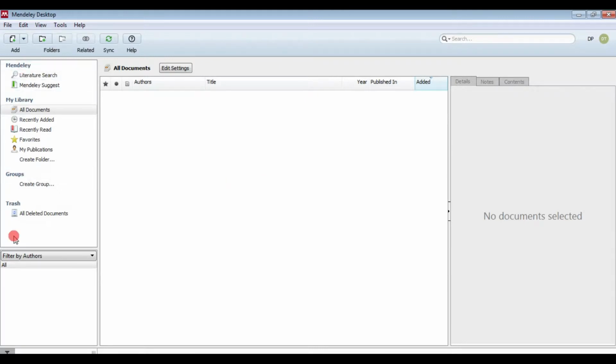So you can see there are three panes. This is the first left pane, which is further divided into two: the filtering option, and at the top, the search, Mendeley suggest, my library, group, and trash. The middle one